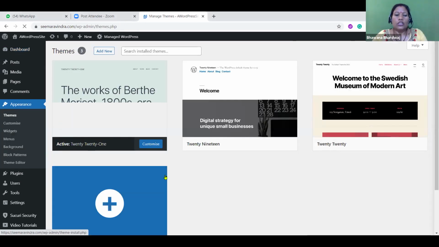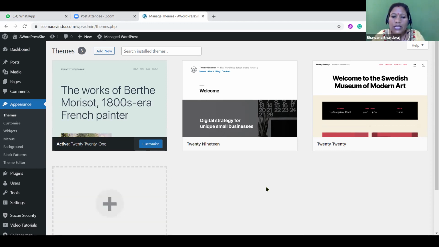It's no worry. So first you have to go to the appearance and go to the theme. Go to the appearance and go to the theme. When you are working on the free website, you have to select from the given theme only. By default, when you start, WordPress will install the default theme. What is your current theme? अभी website का current theme क्या है? Your current theme is 2021. This is the default WordPress theme right now.